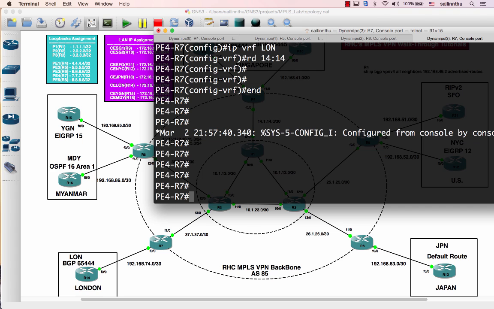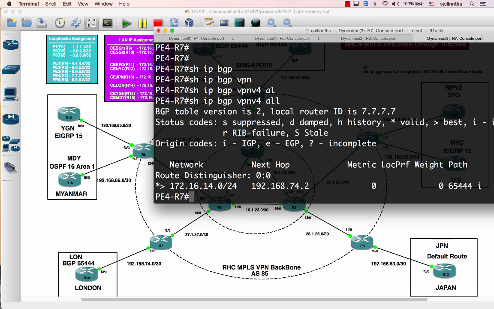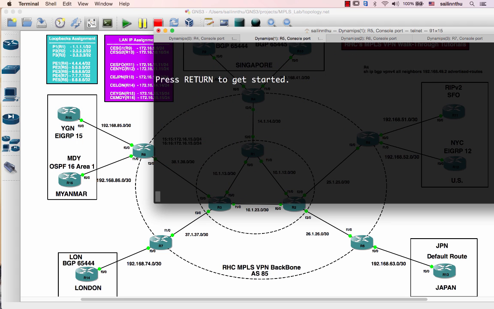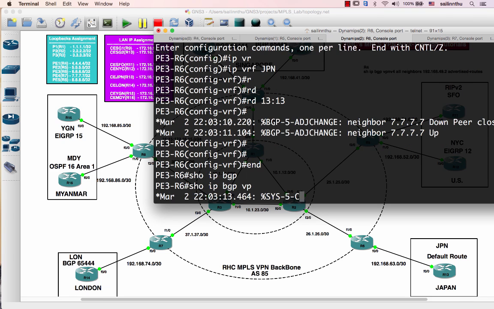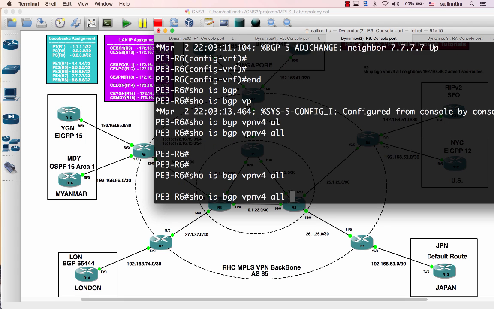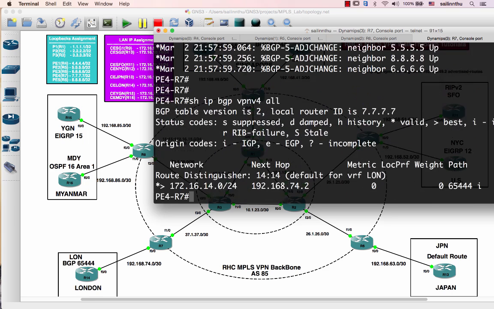Alright, and then we can verify show IP BGP VPN-v4 all. It's shown as this, and we can clear the BGP. So this is on here. Show IP BGP VPN-v4 all. Let's wait for a while. It comes up. So now it's updated in the 1414 for the London. And for the router 6 here,